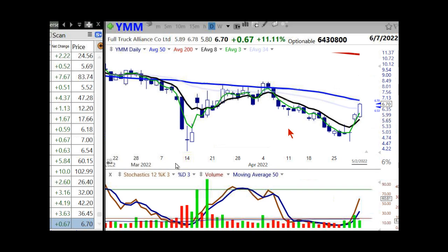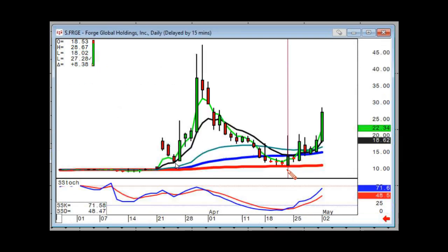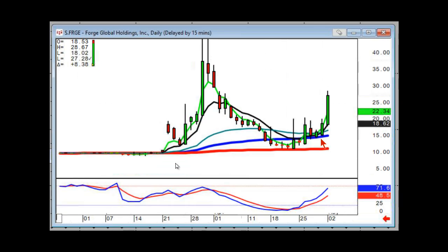Okay. All right, now let's get back to it. And we recommended FRGE because you could see it setting up. Look at your big inverted hammer. And look at your bullish left-right combo. Look at your curvature. Now, this is what we call 2+2 analysis or convergence analysis. Look where your inverted hammer started, right smack dab after 3 dojis, right at the 200. Stochastics coming up. This is the most basic